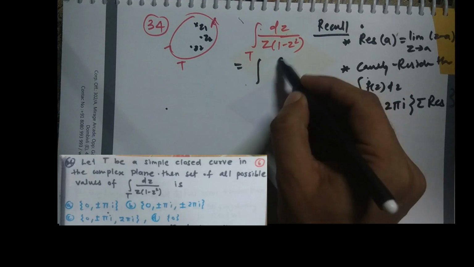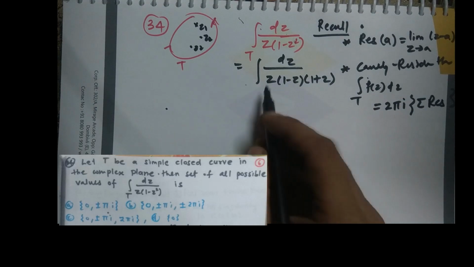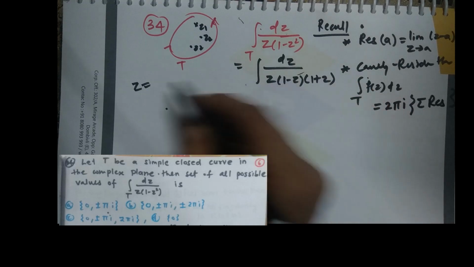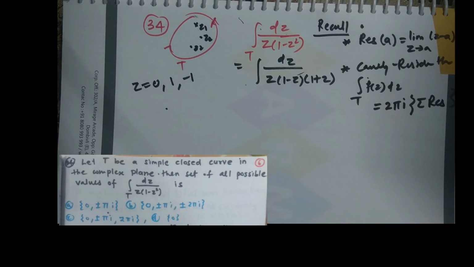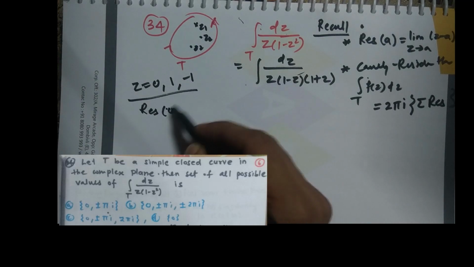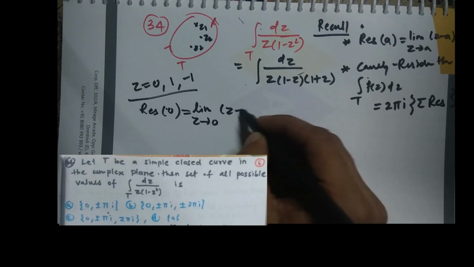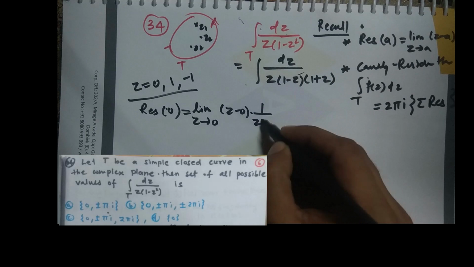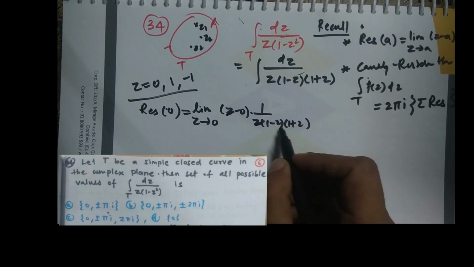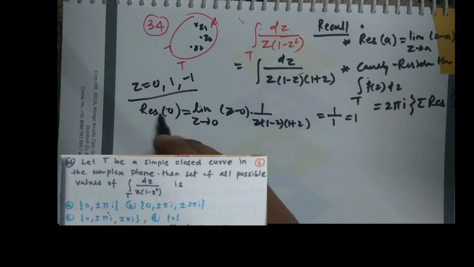Let's observe this. The denominator is nothing but z(1 minus z)(1 plus z). Okay, let's try to find the residue at each pole. Now see, if we look at all the poles of the function f(z), 0, 1 and minus 1 will be the poles of this f(z). Okay, let's try to evaluate the residue at each pole. Suppose residue at 0 means what? Limit z tends to 0, (z minus 0) into this function f(z), 1 upon z(1 minus z)(1 plus z). This z and z will cancel out. If I substitute z equals 0 throughout, I am going to get 1 by 1, means what? 1. So residue at 0 is 1.